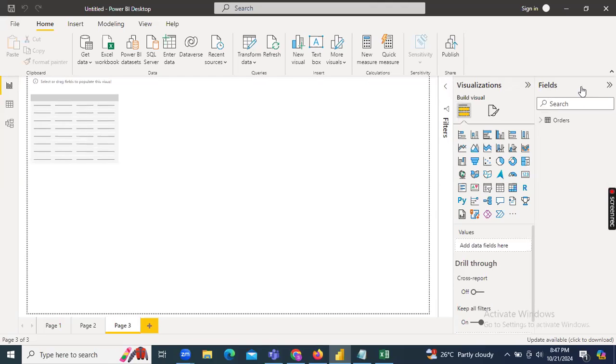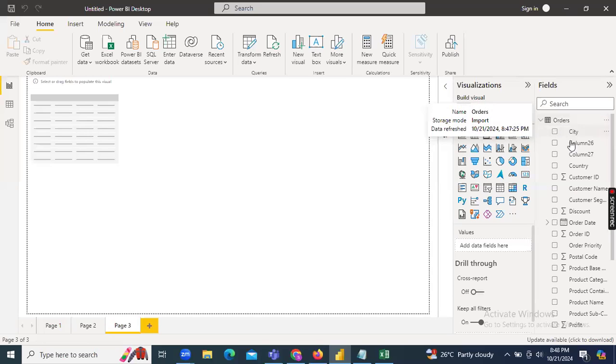Now if you observe under the fields section, we have the orders table downloaded. The table name you can observe here under the fields section. There is an arrow icon, click on this. We have the table name along with all the columns data. All the column names will be visible.